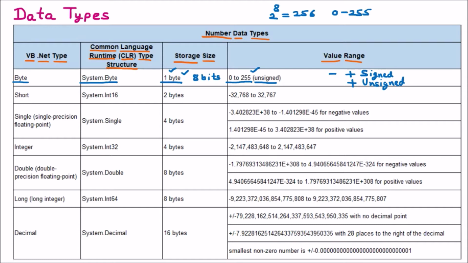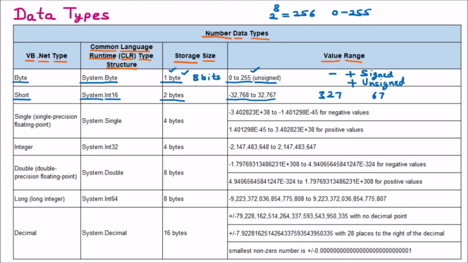Next data type in .NET we are having is the short. Now the representation of short in CLR is System.Int16. So you can see that it is of 2 bytes, and because the bytes increase, you can see that this is signed, because minus is available and positive is available. So this is the smallest integer where we can take the integer values. Whenever we talk about any certain value, let's say I want to store 327, or let's say 67, these values I can easily store with the help of the short. We don't have to take integer always. So with the help of the simple short, we can take the small values.